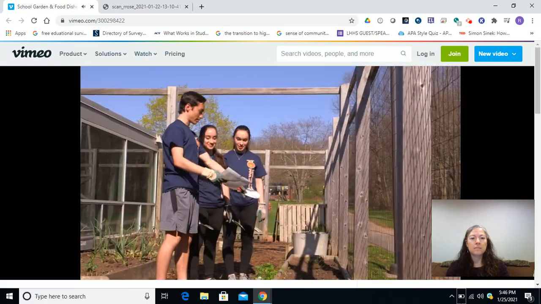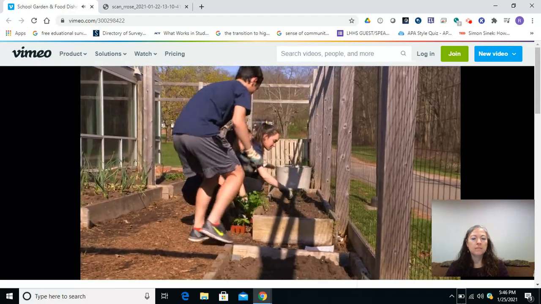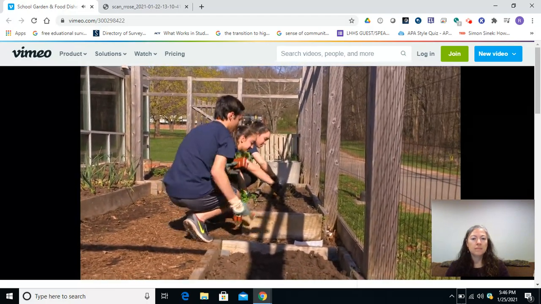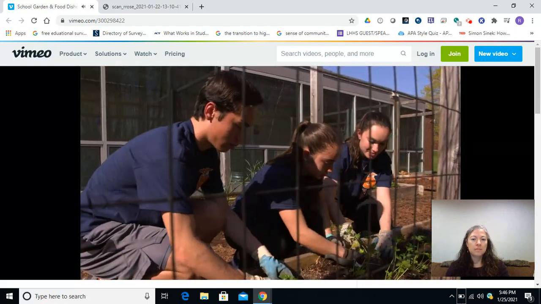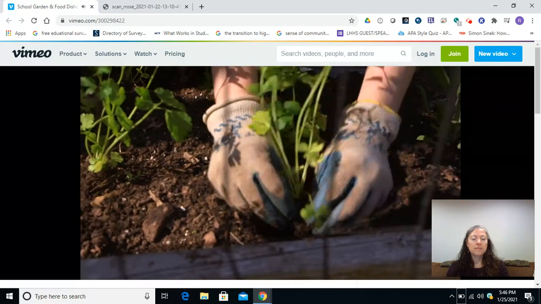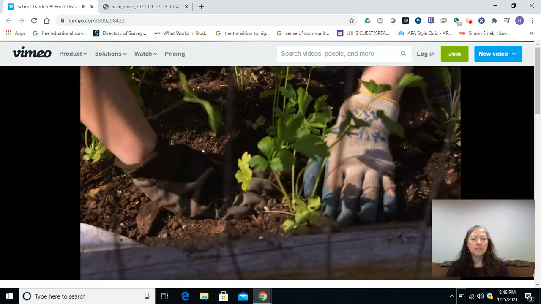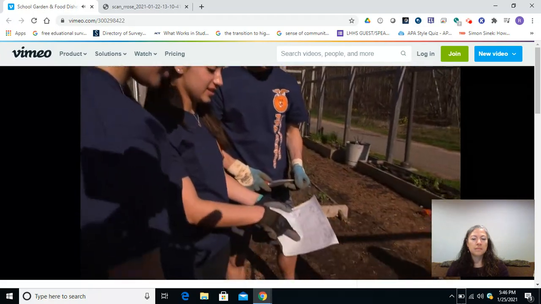The beginning steps that we took to start this SAE is first we consulted with our teachers to come up with a plan and a schedule, and then our teachers supplied us with the right equipment and tools that we would need. Eric and I are in the food science class where we learned about food production from the farmers that grow the food to the stores that buy and sell the food,